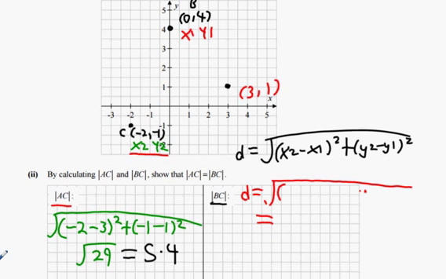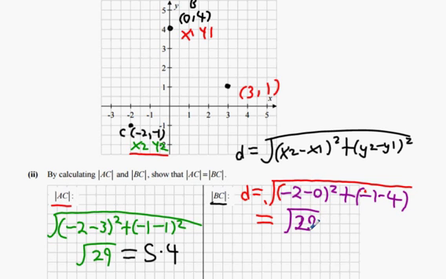Ready? Okay, let's try this again. x2 is minus 2. x1 is 0. Minus 0. y2 is minus 1. y1 is 4. Minus 4. Okay, so it's just minus 4 there. Square it out and you get the square root of